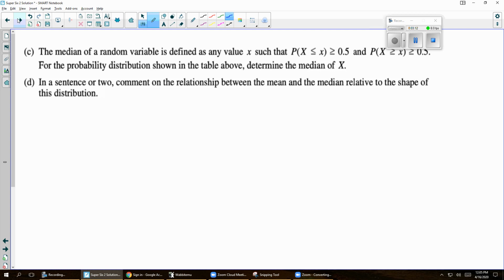Now, letter C defines a median, and they might define it slightly differently than you're used to. What they say here is it's the median if the values at or below it are greater than or equal to 50%, or the values at or above it are greater than or equal to 50%. So,